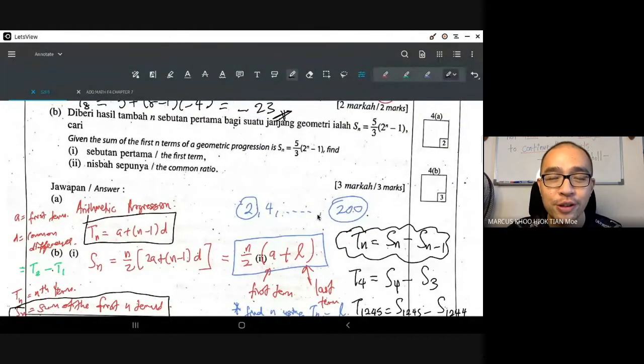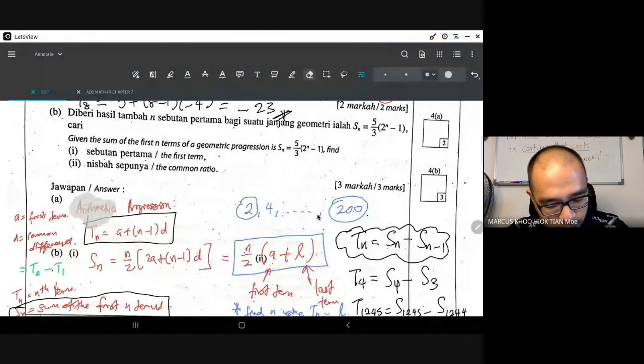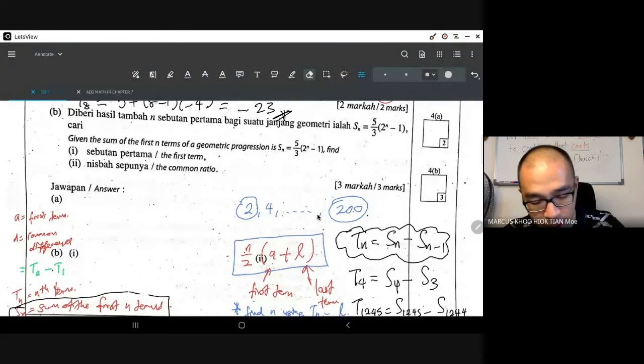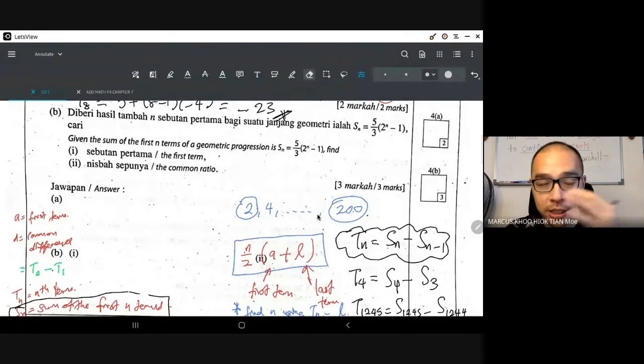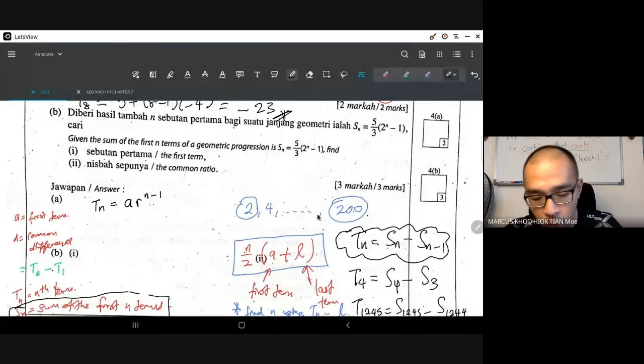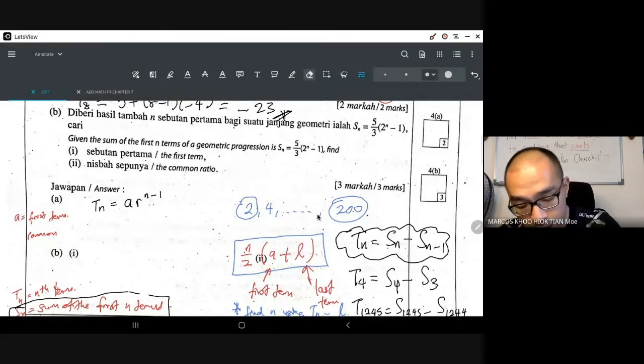Now we go into geometric progression. Okay, so geometric progression, rubbing everything off. First thing that we need to talk about geometric progression is this. The nth term is AR to the power of n minus 1, where sekarang kita tiada sudah istilah common difference. We don't have the istilah of common difference, but the R is now known as,